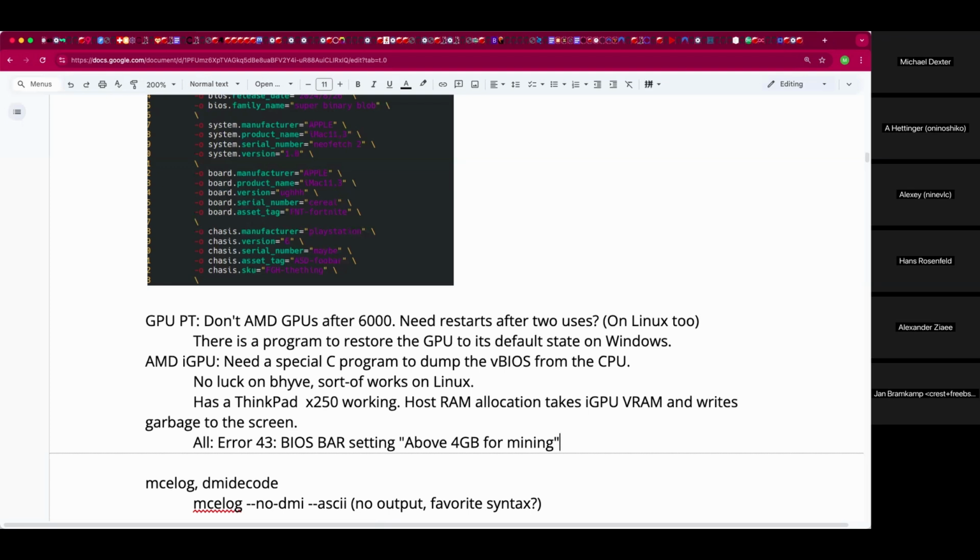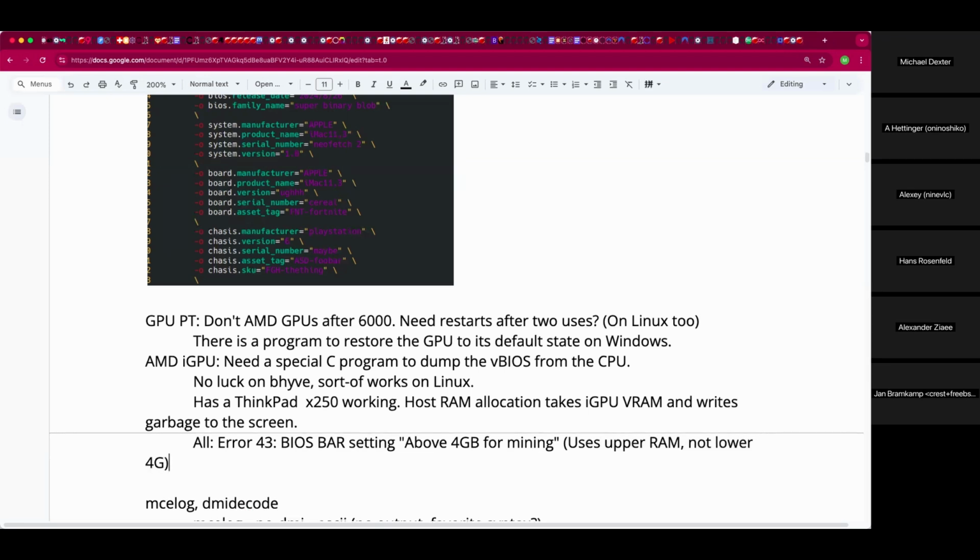On a mining rig, people want to run as many GPUs as they can on one system, and you can't squeeze all the apertures of 7 or 8 GPUs into 4 gigs of address space.